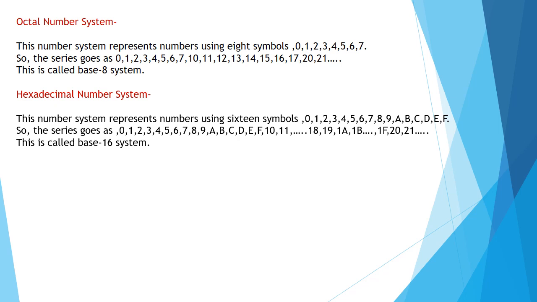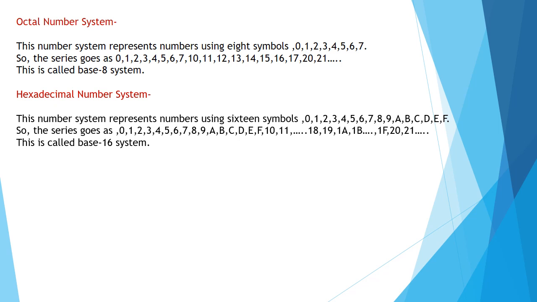So these types of numbers are the hexadecimal number system. And since we are using 16 symbols here, the base of this system is known as the base 16 system. Okay, so you can easily understand that for binary it will be base 2, for decimal it will be base 10, for octal it will be base 8, and for hexadecimal it will be base 16 system. These bases are basically used for showing which type of representation you are using. So when you are converting one form of number system into another, this base will play an important role, showing which base is to be converted into which particular base.